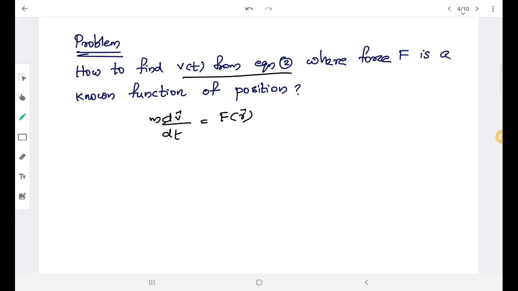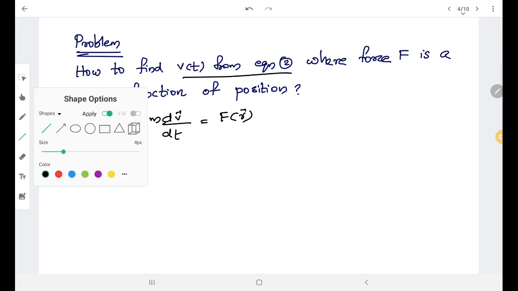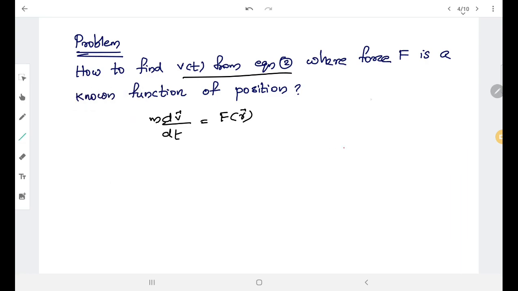So a lot of discussions about this question, and we can find a simple solution to this problem if we are considering one-dimensional motion. What do we mean by one-dimensional motion? We know that we are moving in a three-dimensional world. How can we represent the three dimensions? We can represent them as x, y and z.